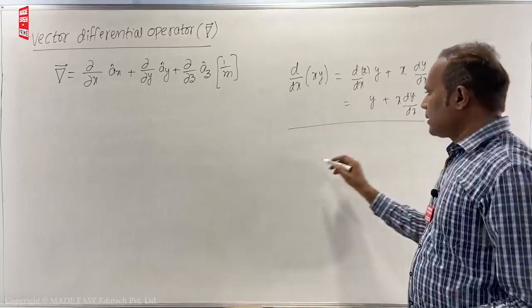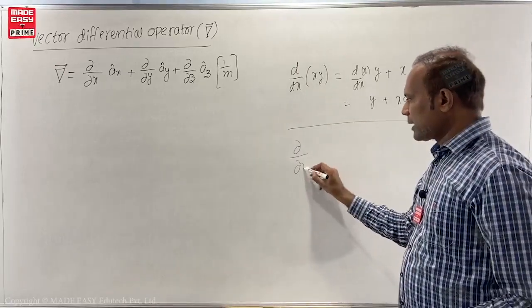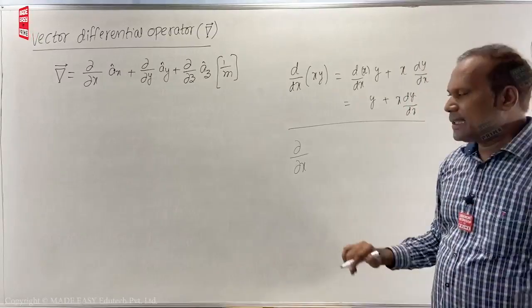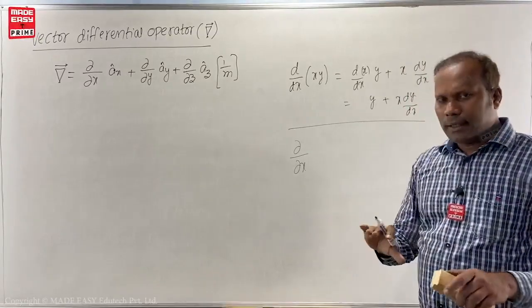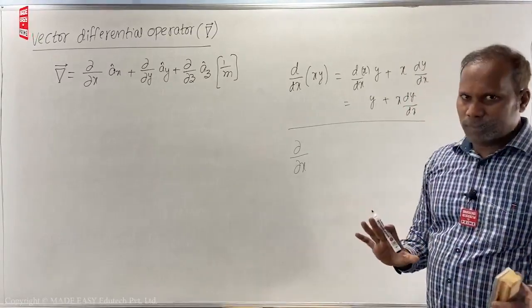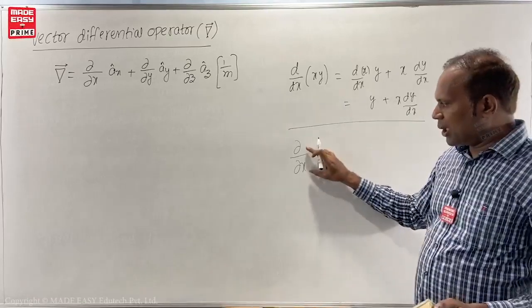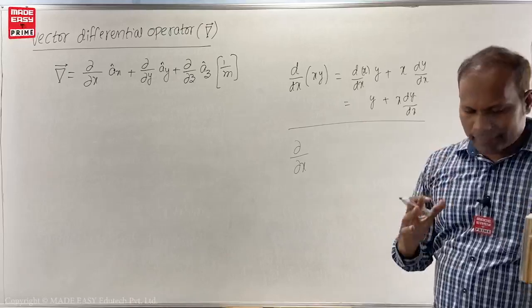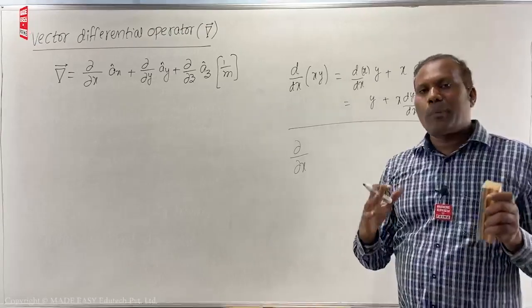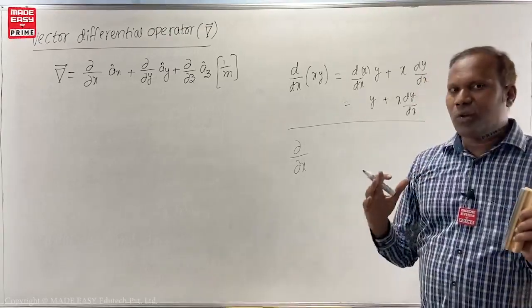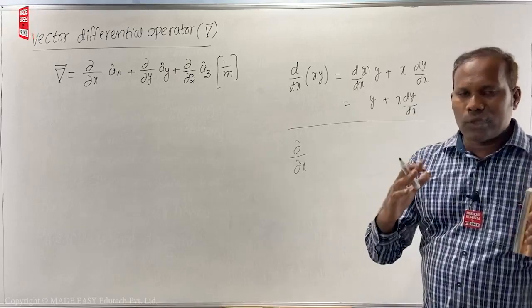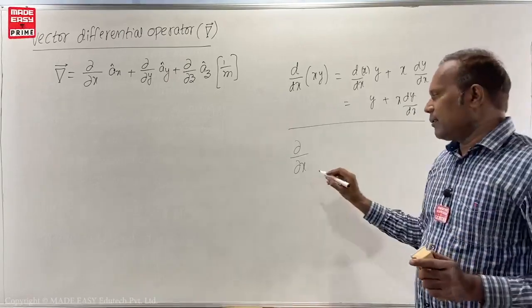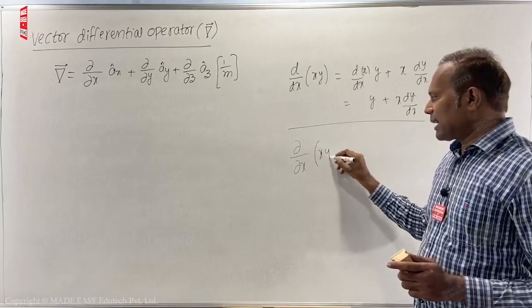But here this is dou by dou x. Some students say this is del by del x. Anyway, you can call it either, no problem. You call this del by del x or dou by dou x. The meaning is partial differentiation. You have to show partiality. That means you have to give importance to one variable, that is the x variable. So dou by dou x of xy means